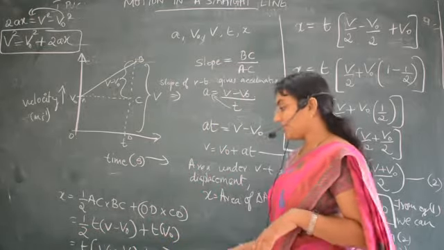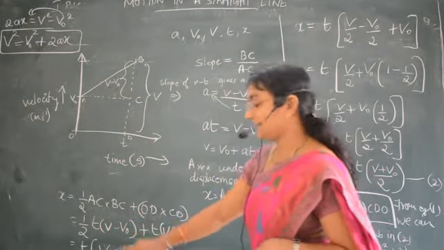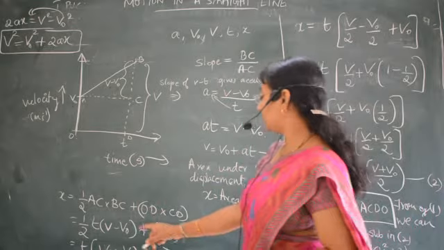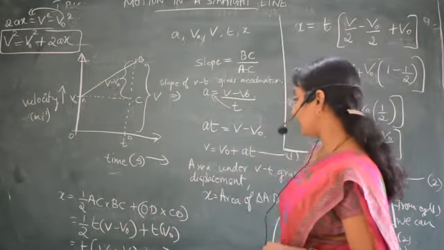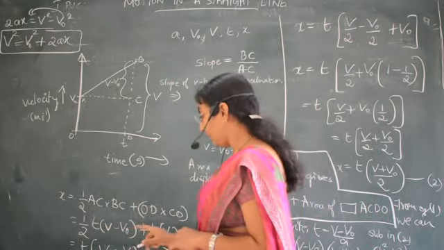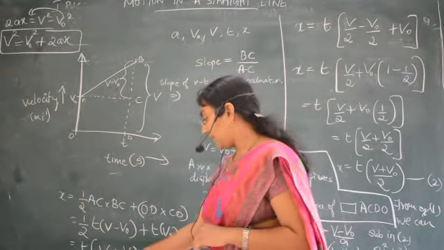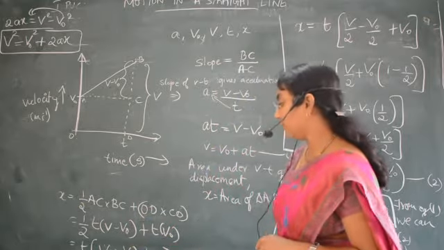There, what you have done, you have substituted the value of this one, correct? Am I right? There you had substituted the value over here as AT. Now here you are not going to substitute. What are you going to do? You are taking T common outside. So we get half V minus V naught plus V naught.